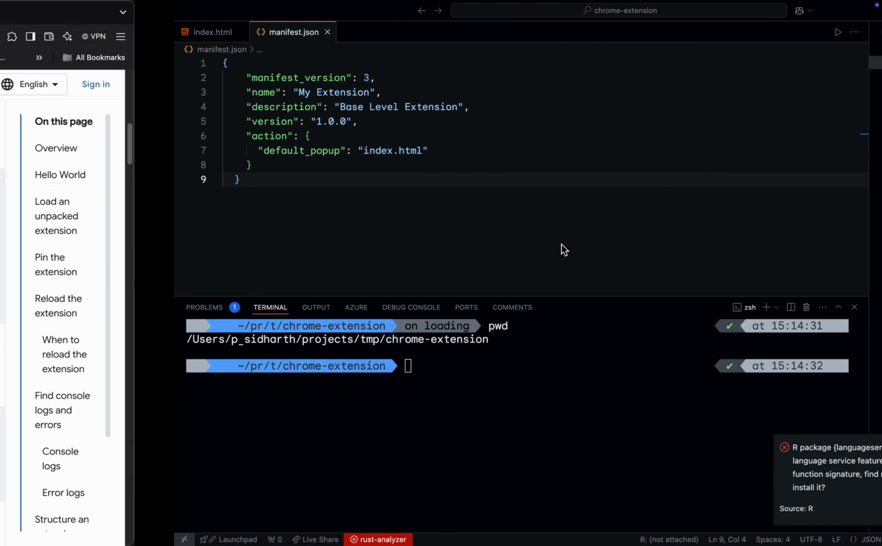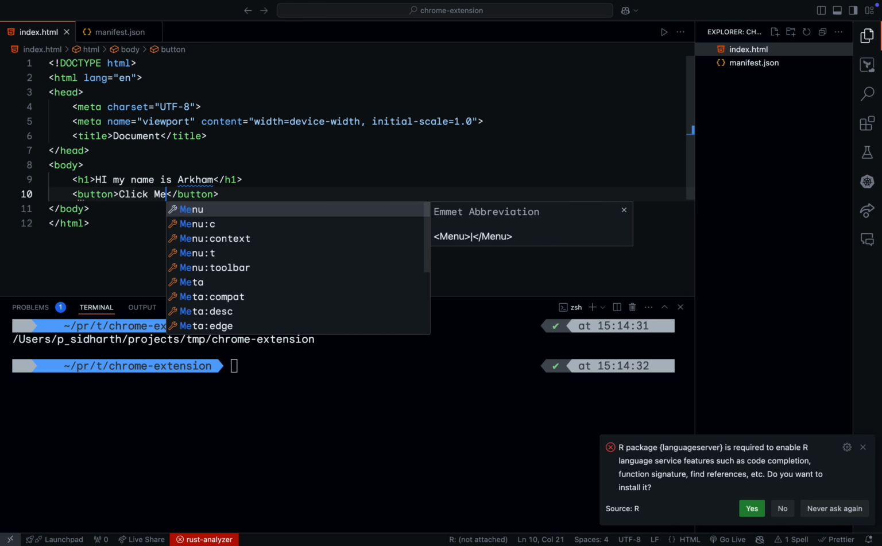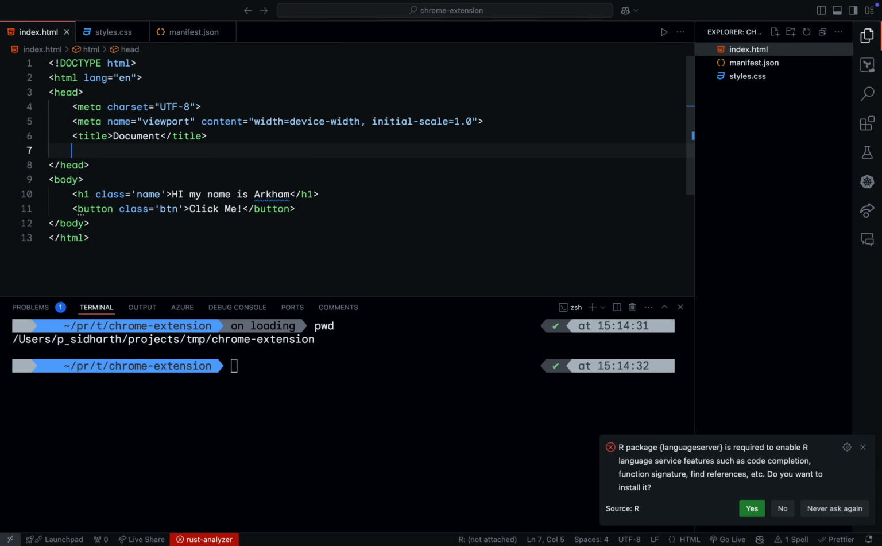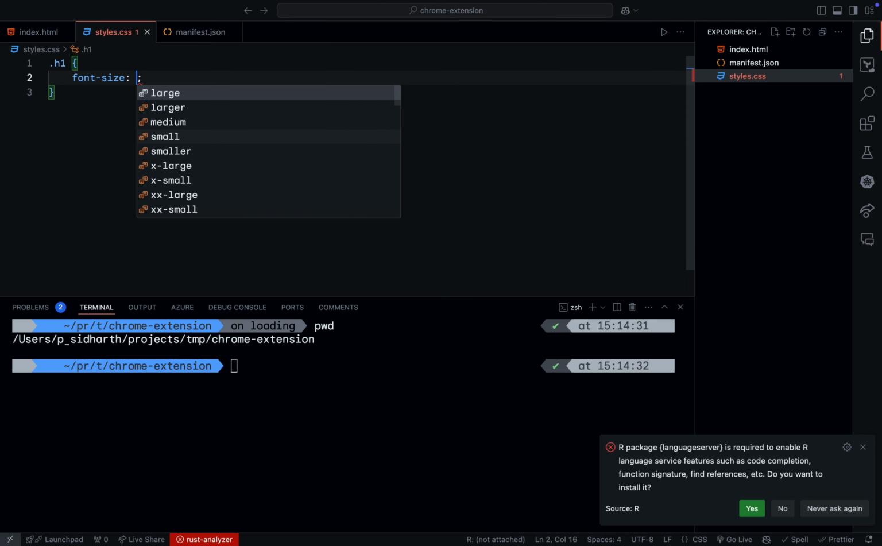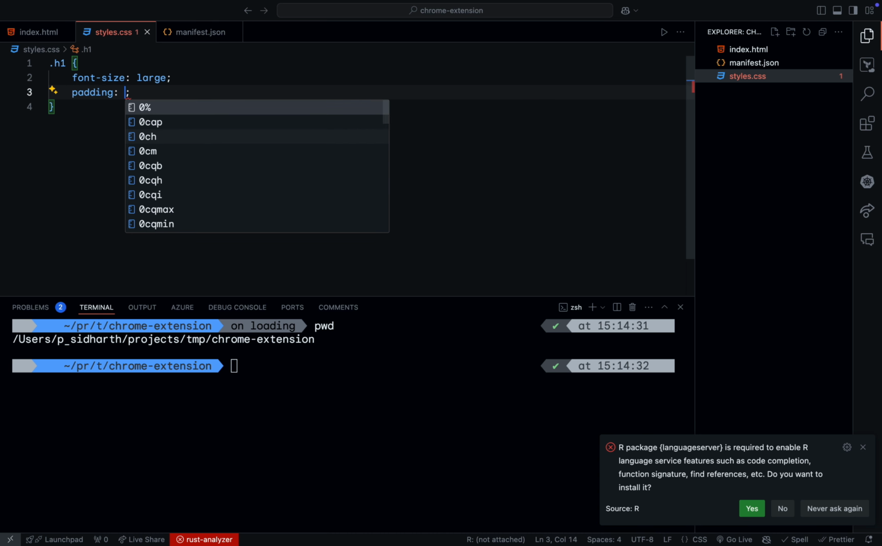Let us now play around with this thing. Now let us create a button over here which says click me, and let me give it a class of btn, and then let me give a class of it as name. Now let me create a CSS file, styles.css. Let me link that using my link stylesheet ./styles.css. Let me take the h1 tag and make it font size of large, and then padding of maybe 8